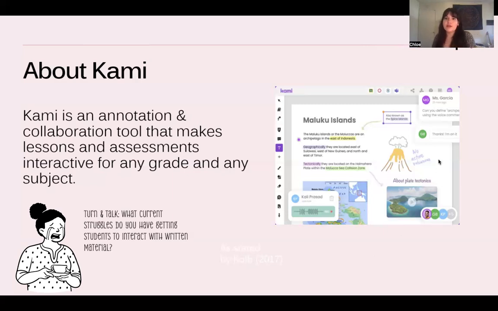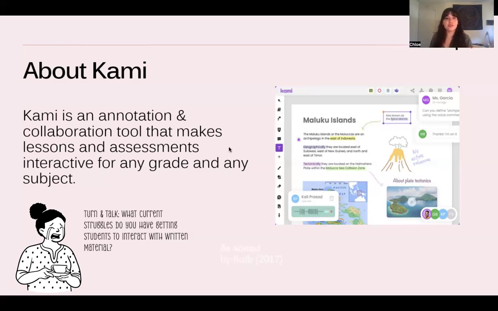So we've talked a little bit about student usage. And as you can see, a lot of you shared that your current struggle getting students to interact with material is engagement. They don't necessarily engage with the paper pencil technique. A lot of them do, not all of them do. Kami is great for fostering that engagement because, as you can see on the left-hand column, there are so many choices for how they can interact with this, and it really allows them to be creative while still